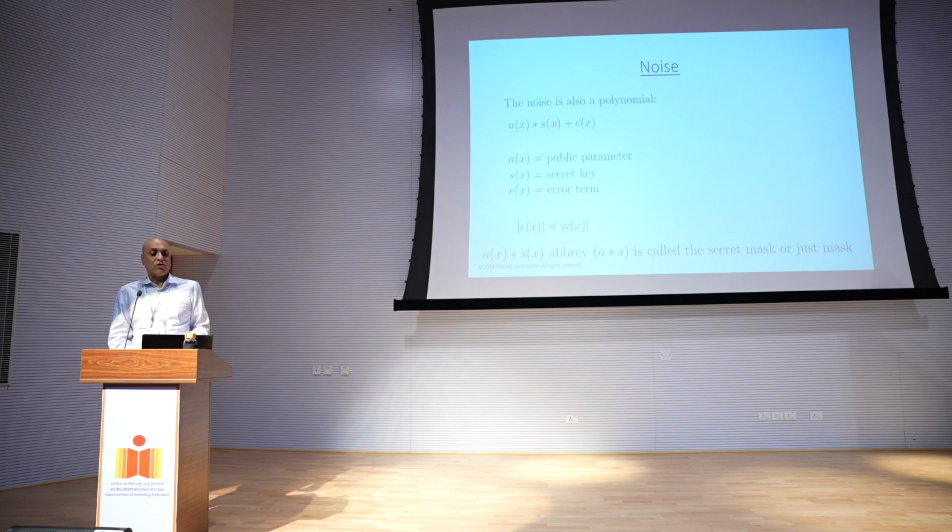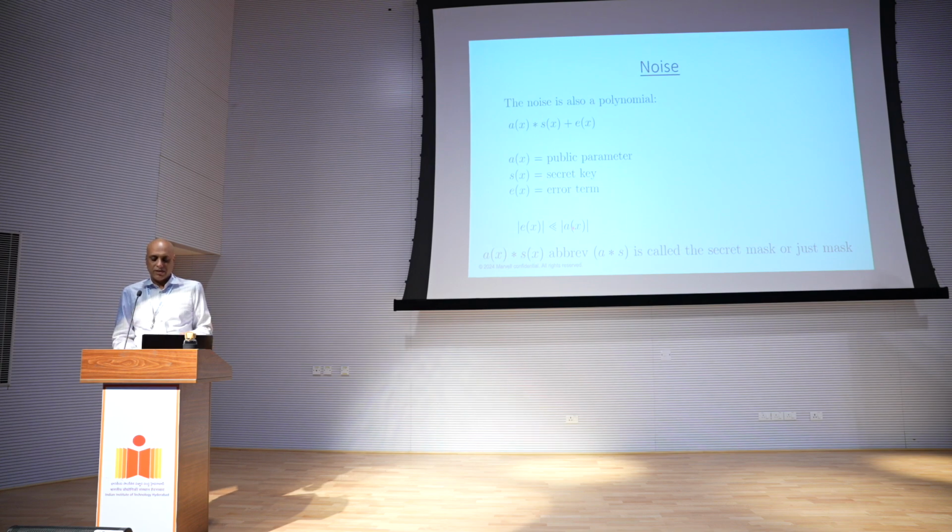And then we add, or rather, the data owner possesses this polynomial. And then we add an error polynomial. This term is called the secret mask, and this term over here is called the error. There is a condition that we have to meet here, which is that the norm of this error polynomial has to be much smaller than the norm of this polynomial. But other than that constraint, there are no other constraints.